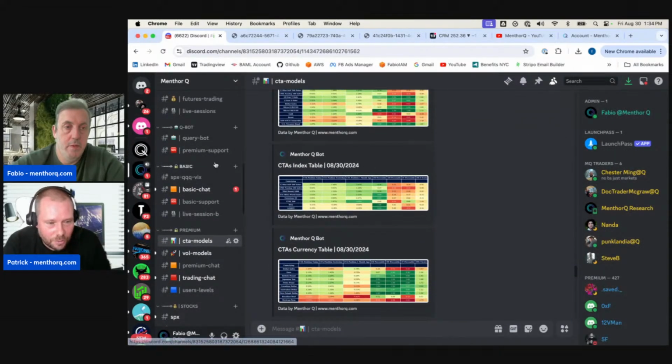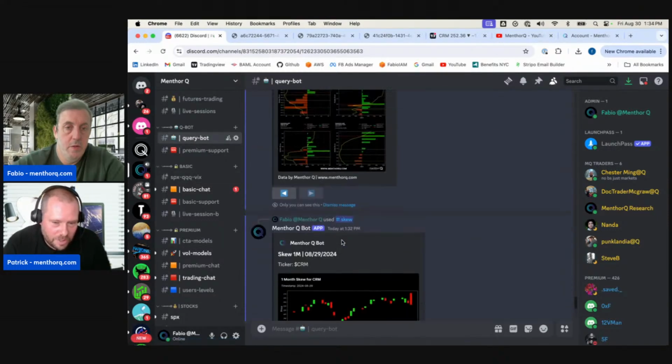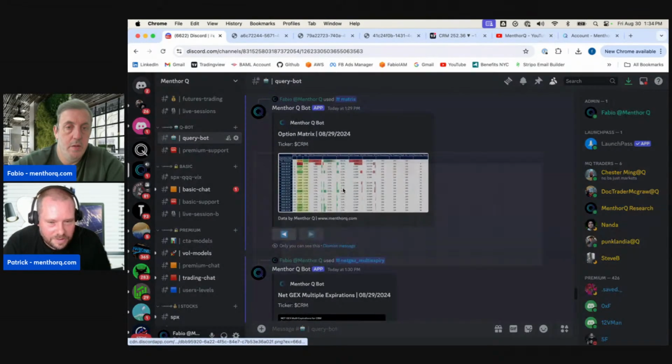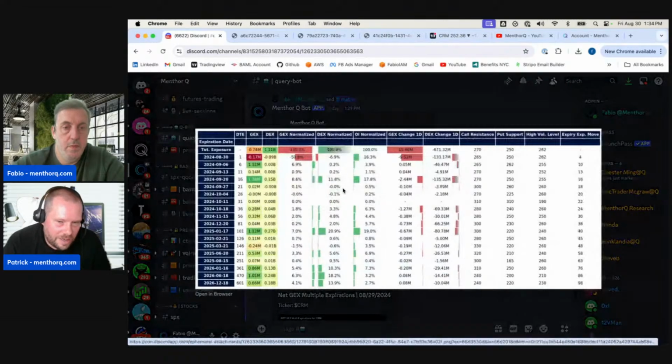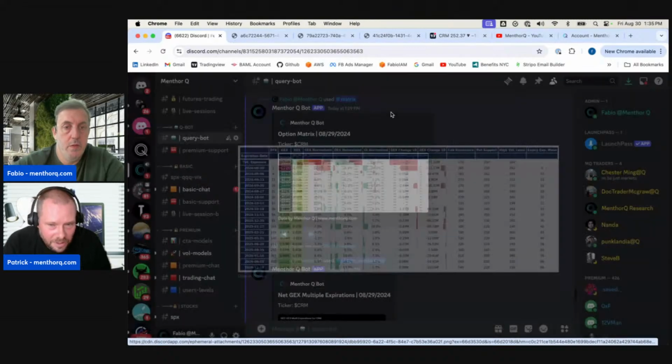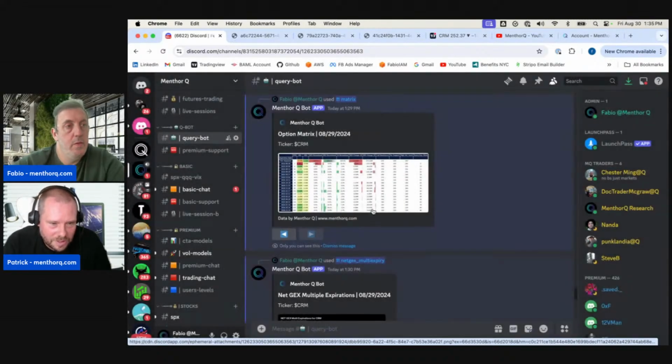And the second one is the options matrix. I will always look into the options matrix. I will see if there is some change from day to day. If we have positive GEX, negative GEX, positive DEX, negative DEX, how is this forming? How is the GEX compared to the DEX? What's going on? And most important, because I'm a swing trader in this moment,